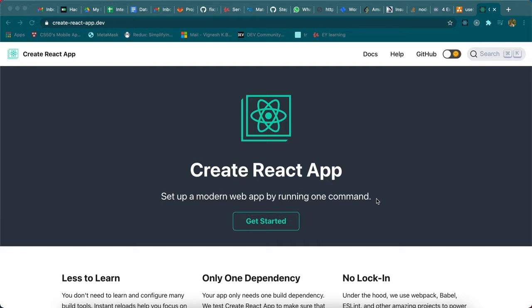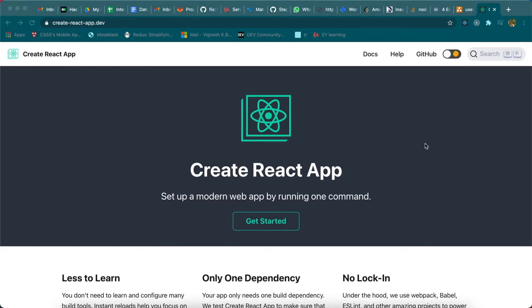The screen that I'm currently showing is Create React App, which is a CLI. Like other CLIs such as Angular and Vue.js, React came up with a CLI a couple of years back, where you can easily bootstrap your application and start working on it. It comes with a lot of features like adding styles, adding assets, and many other built-in configurations, and you can also add ESLint and Prettier and other tools to the boilerplate that you create from Create React App.